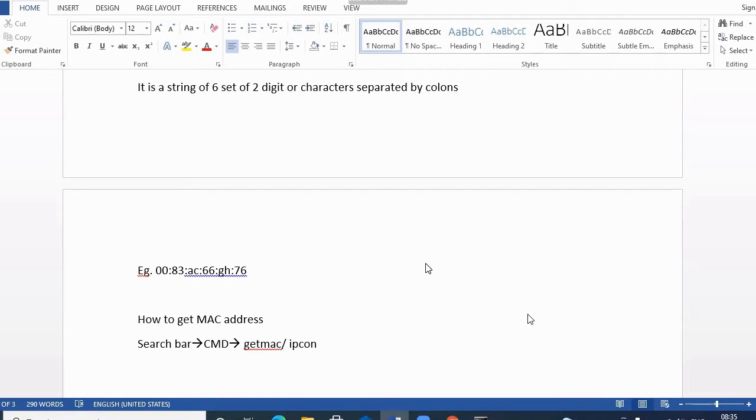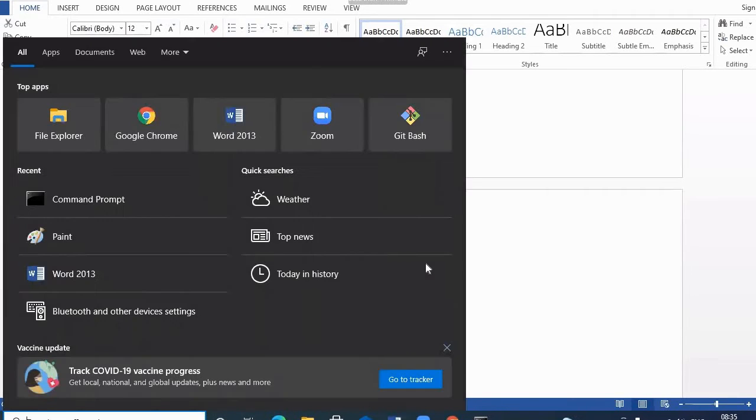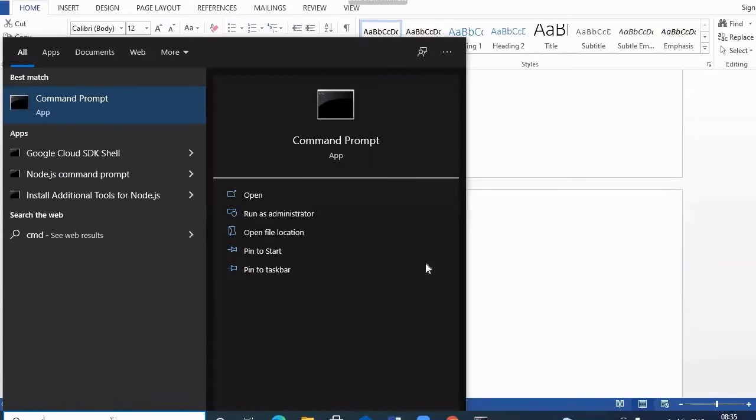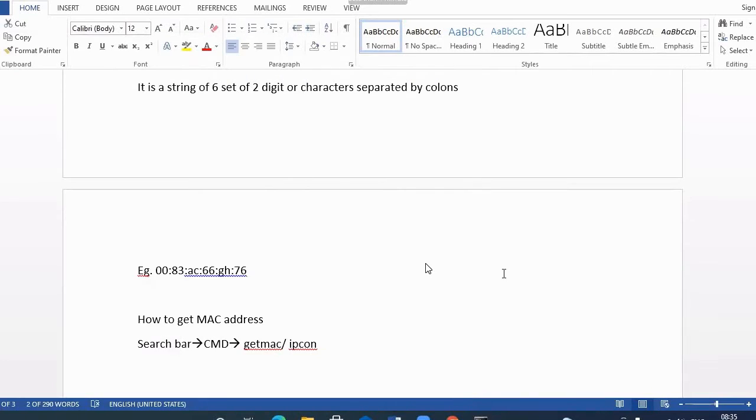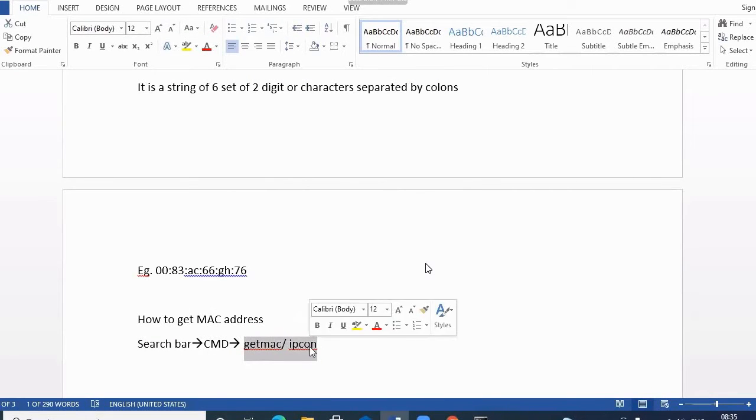Yes? Okay, thank you. So here we need to open the search bar, right? And here you need to write cmd. So here you will get the command prompt. You can see here Command Prompt, and that you need to open. Once you open Command Prompt, there you need to give the command getmac or